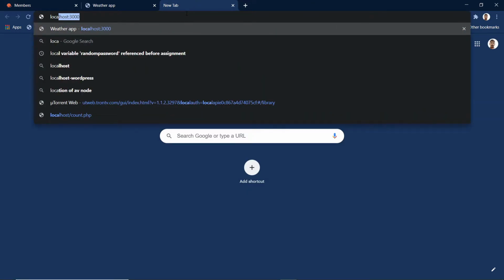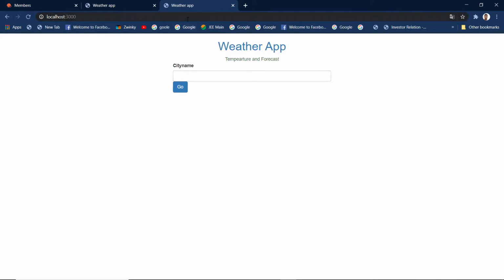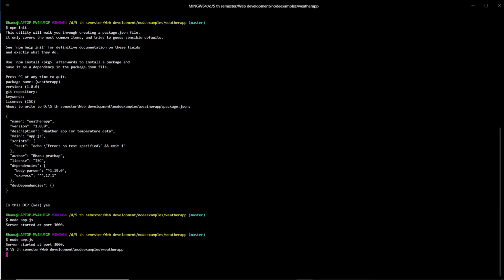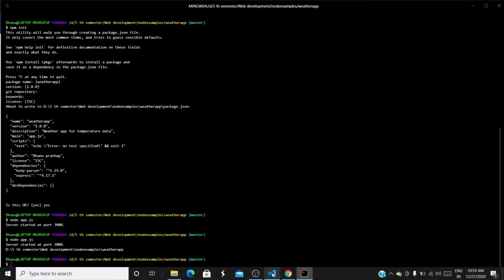Say localhost 3000. So we got back this index.html. So we made a get request to our home page, and our server returned this one. And if you see, now __dirname is the current working directory. We have console logged it, so this prints the current working directory. Let's stop it, go back over here.